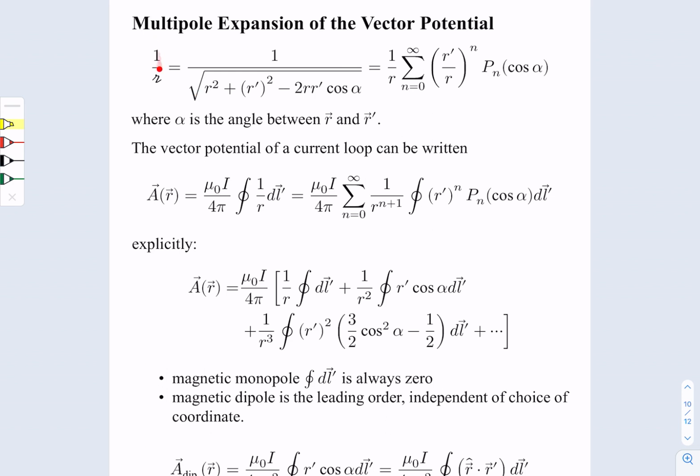Here this 1 over the separation vector can be exactly expressed as this expression on the right hand side, and here this r prime is the coordinate of the source, and r is the observation point, and cosine alpha is the angle between r and r prime. Because, I think I didn't write this here, because the A field here